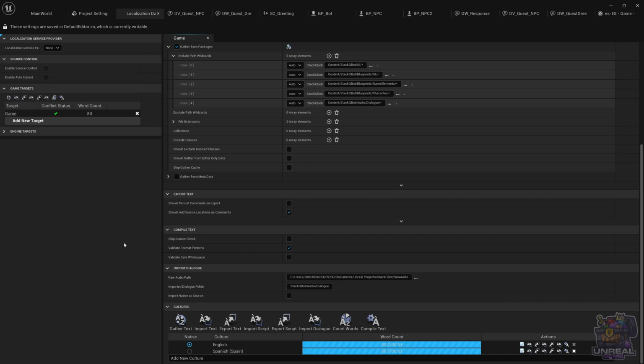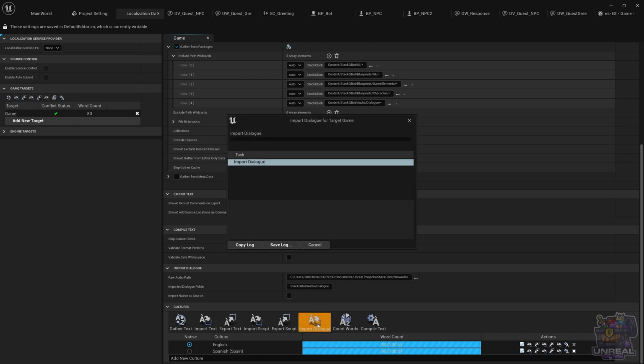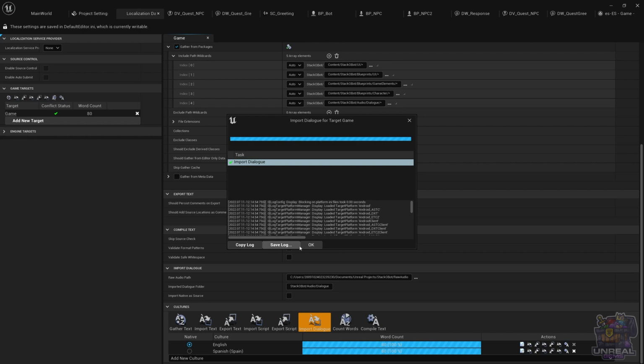So we just need to go back to the localization dashboard and go to the import dialog button. And it is going to place everything in the imported dialog folder, which is going to have the localized sound waves. So let's go ahead and click on the import dialog. It's quite simple, as you can see. We click on it, and with everything changed, it's going to know that we have already translated the